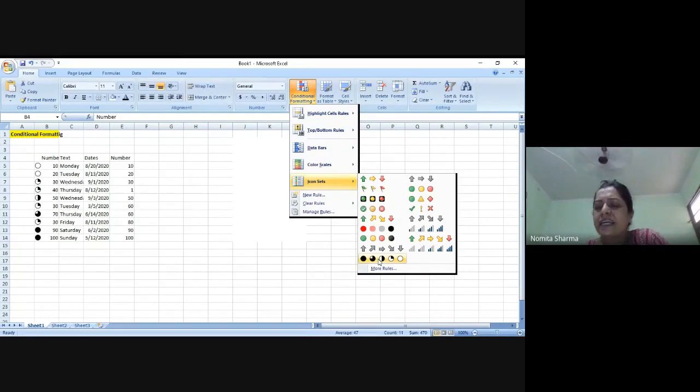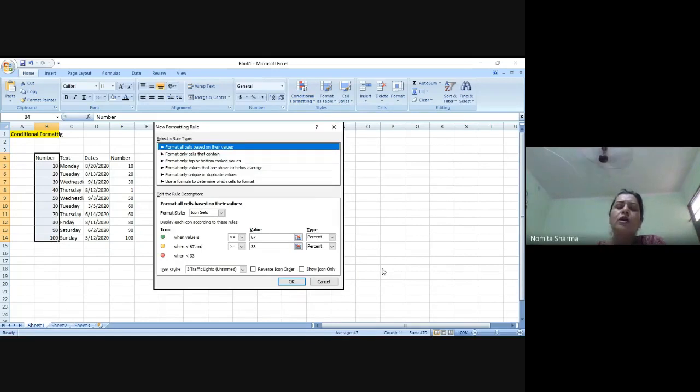But when you are presenting data to the senior management, it is always better to show and use these symbols, so that it looks more appealing, and just by looking at that diagram we can understand whether it is going up, going down, or remaining stable. We have the symbol of this signal also. We can use this as well. Depending on the need, we can have the symbol of a tick, an exclamation mark, or a cross. So these are various options which will allow us to conditionally format the data that we have entered.